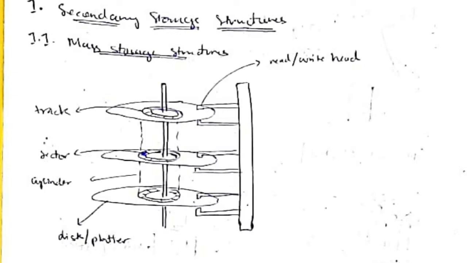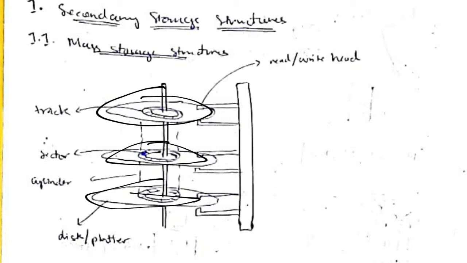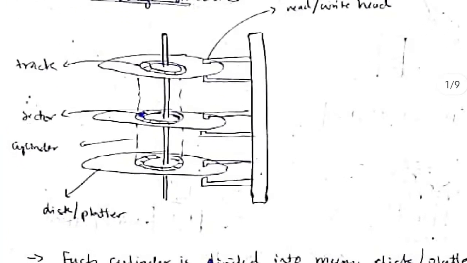So magnetic disk is nothing but a set of CDs here, which are placed in circular form, and each of these CD is called as a disk or a platter. Okay, and we'll have the cylinders here. Cylinder is defined as the combination of every CD here or the disk here. That combination is known as cylinder.